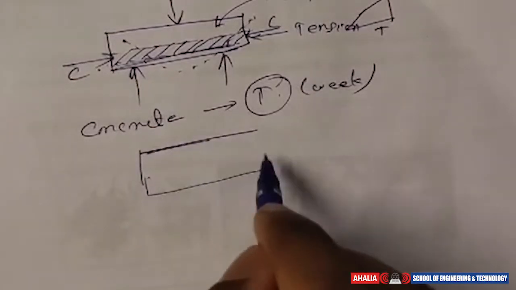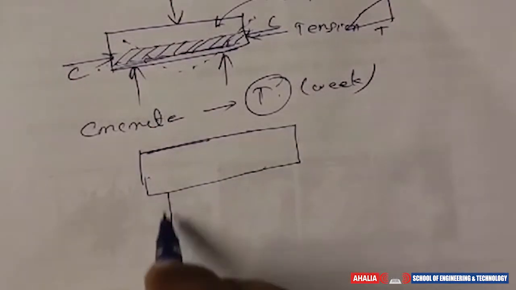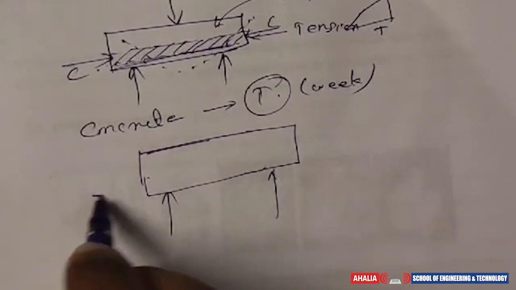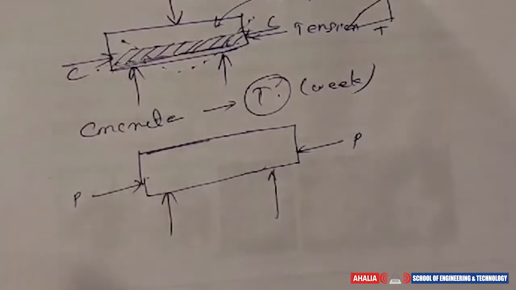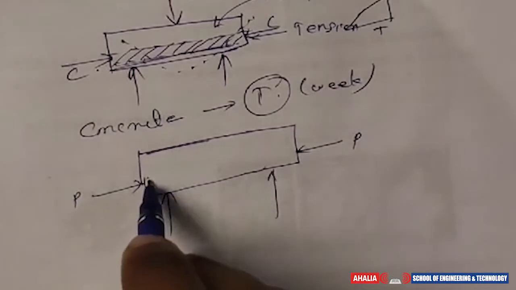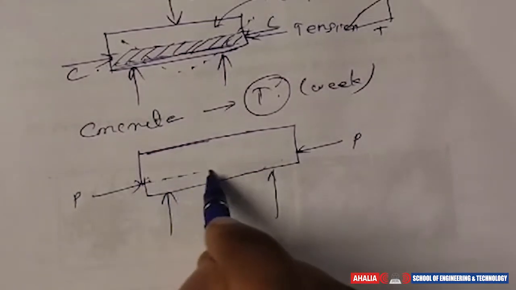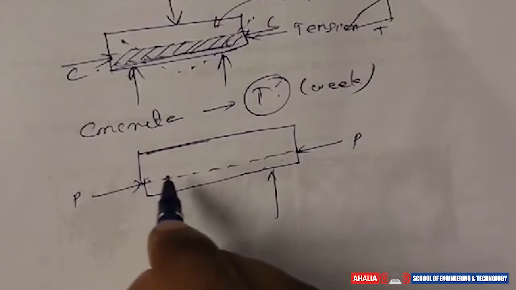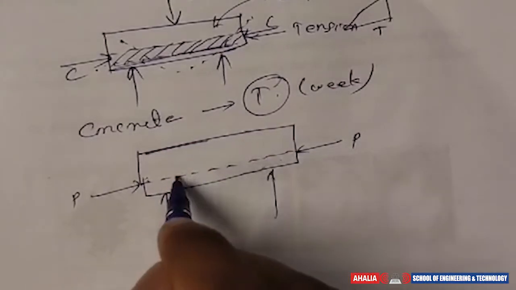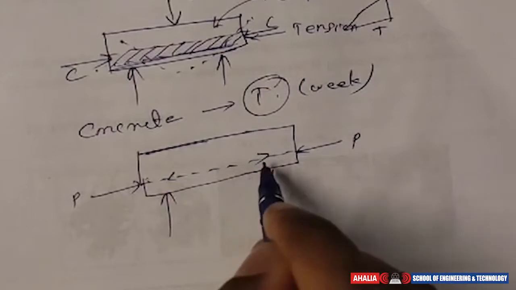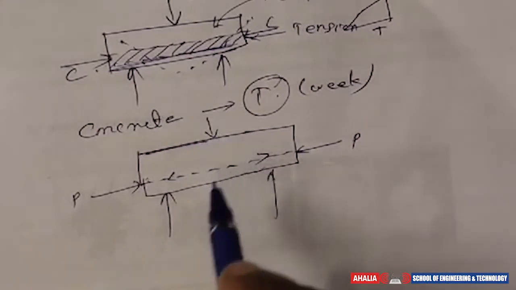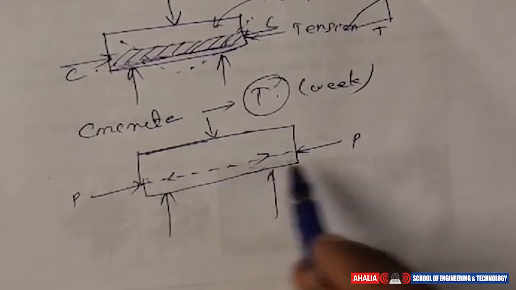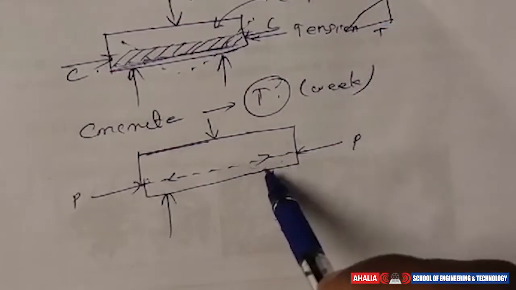a beam, and these are supports, with an additional pre-stressing force, that is P, provided over here. So it is compressing over here. This is the line of action. So the beam itself reacts in the opposite direction. When the load is applied and it starts to bend, here this tension force starts to